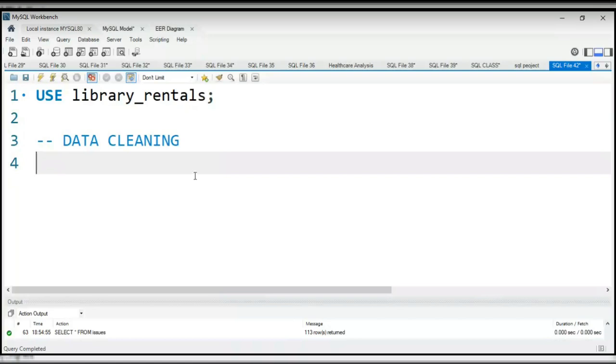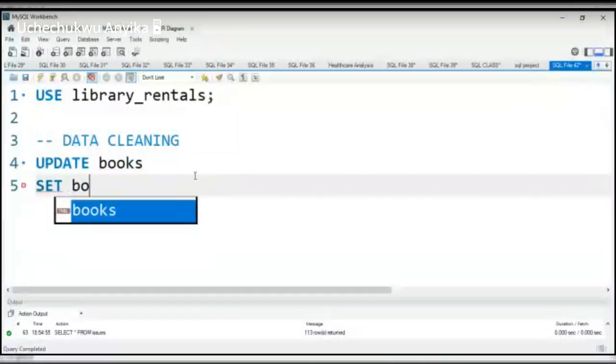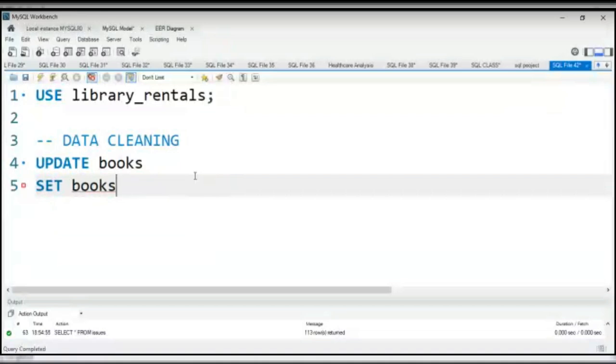Remember when we were doing DDL, we talked about updates. The name of the table we are cleaning is books, and we want to set the title. I think it should be book title. Set it to